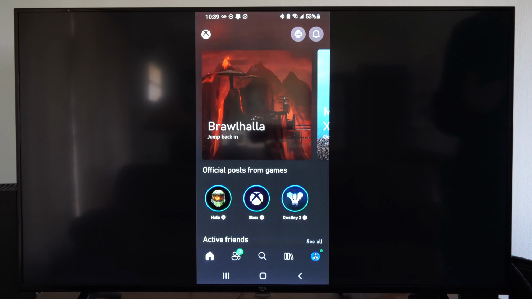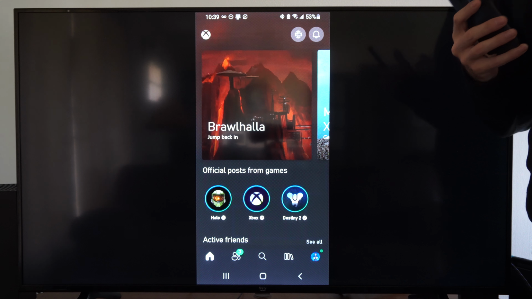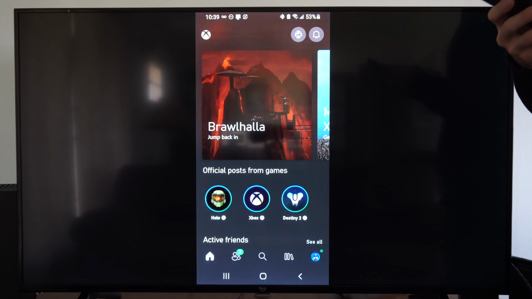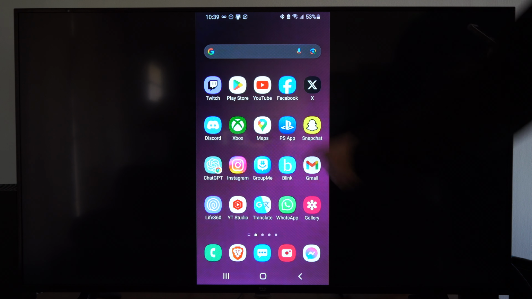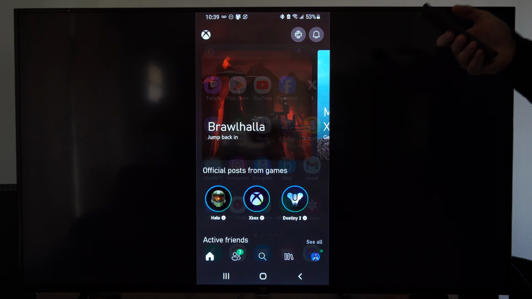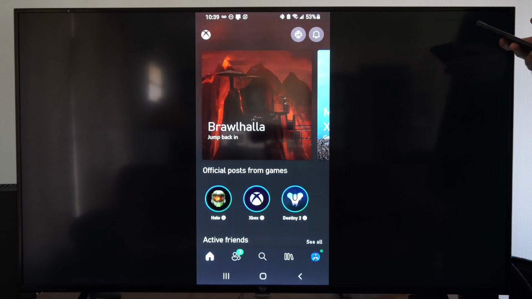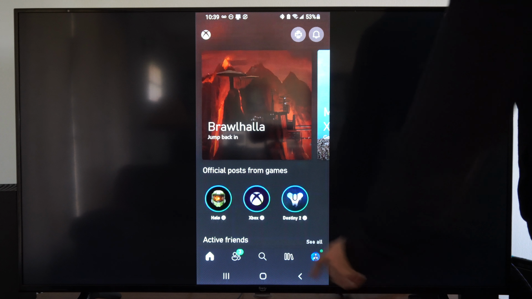Today in the studio, I'm going to show you how to add a friend using the Xbox app on your phone. So you can easily get this through the Google Play Store or the Apple Store, and it's just called Xbox app. So sign in with your email address and password associated with your Xbox, and then we can go